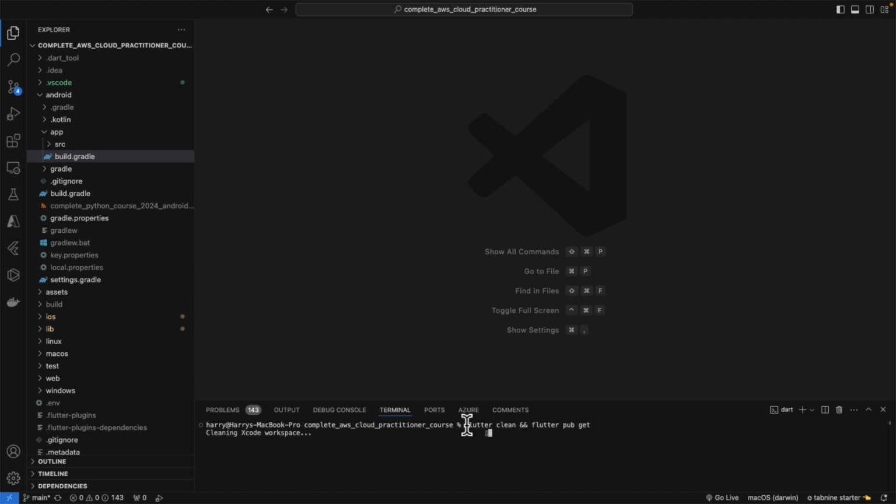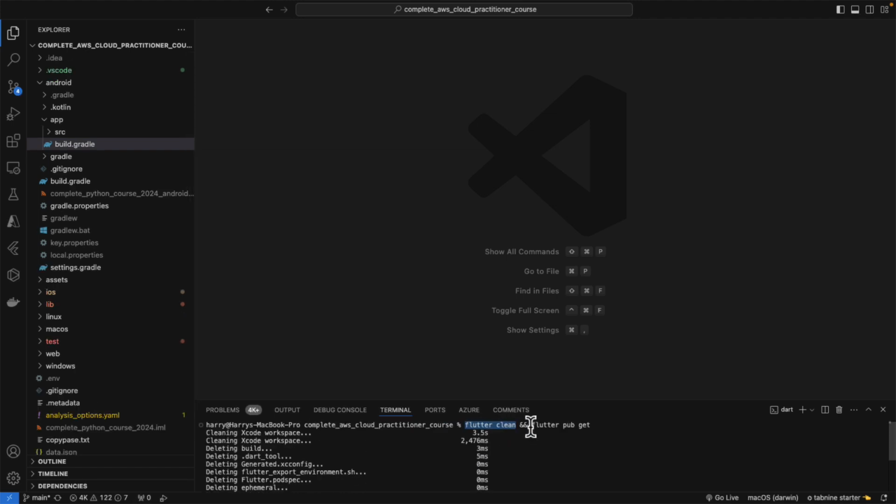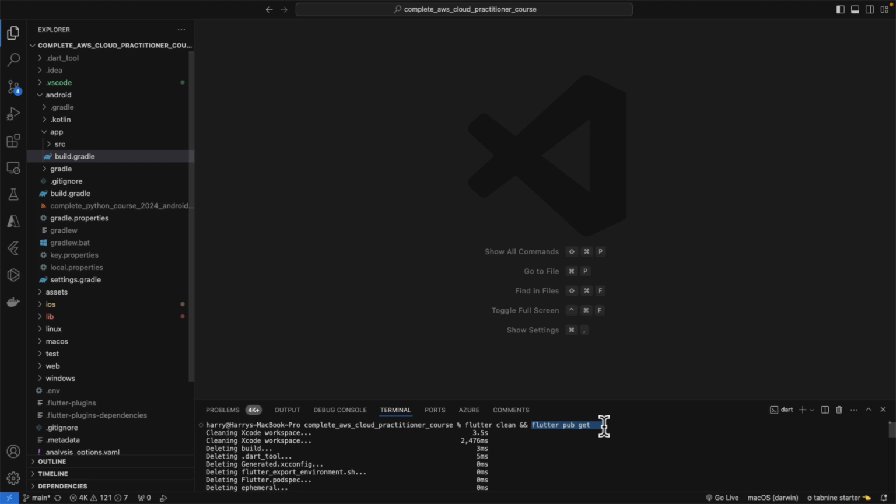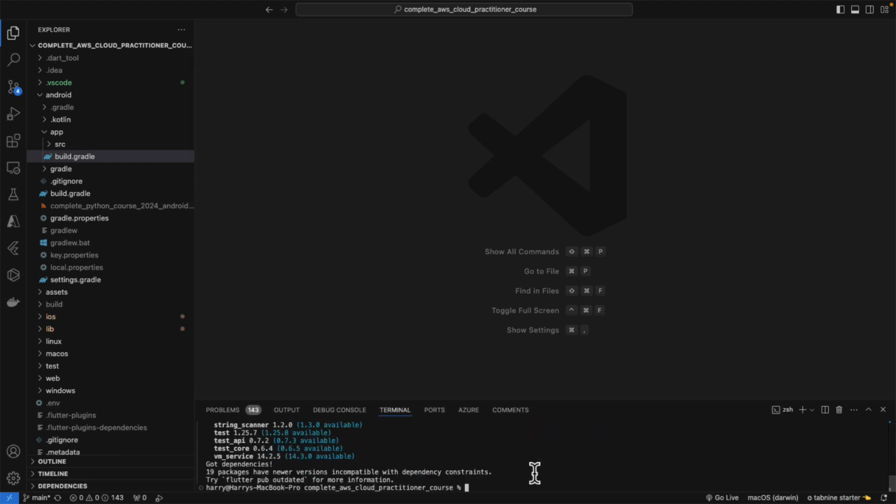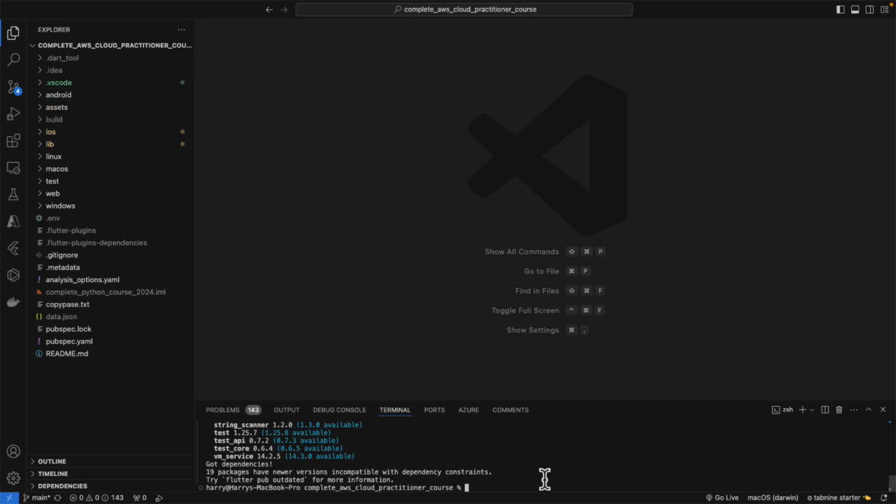This command that I wrote is going to clean the project. After running this command, it's going to run the second command. You can run them separately, no difference. All done. Everything looks fine, and now you can create an AAB file, so you can upload that to Google Play, which I'm going to show you. For creating that, just run flutter build appbundle. Before that, make sure to change your